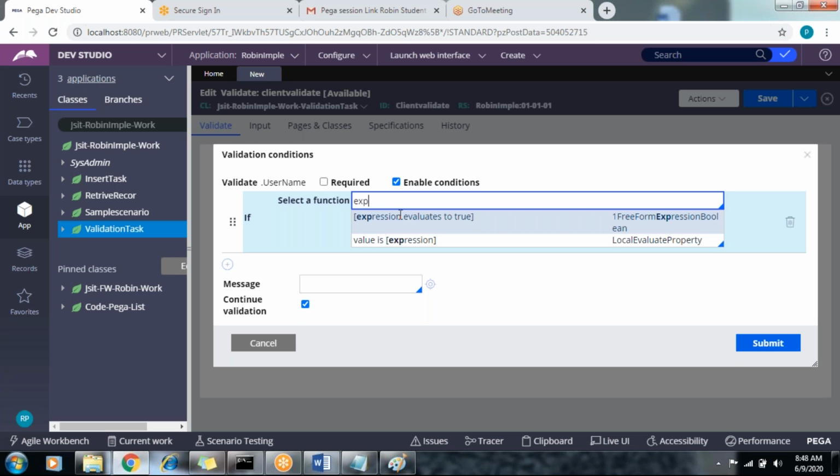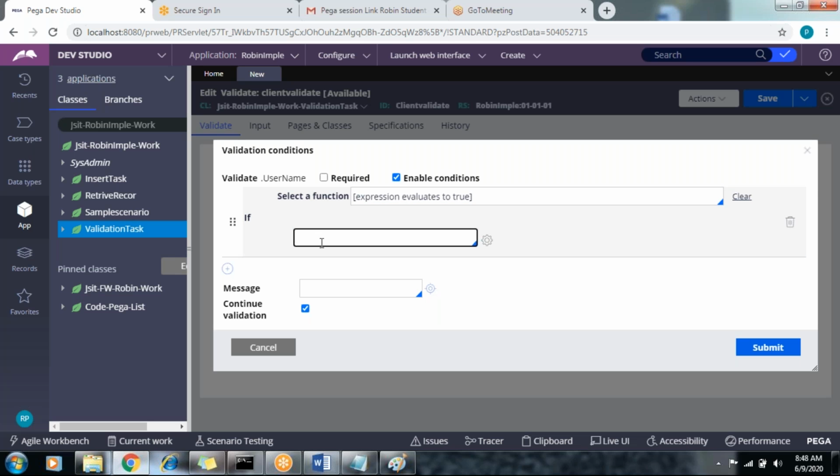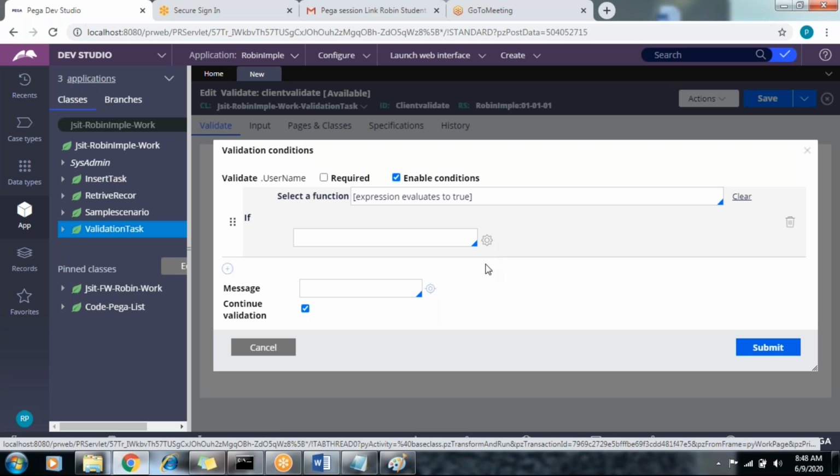Expression evaluates true is nothing but a function. First we need to select this function. Now we can call the value property validation, and give the function coding here. If you don't know the coding part, you can click on the build expression here.